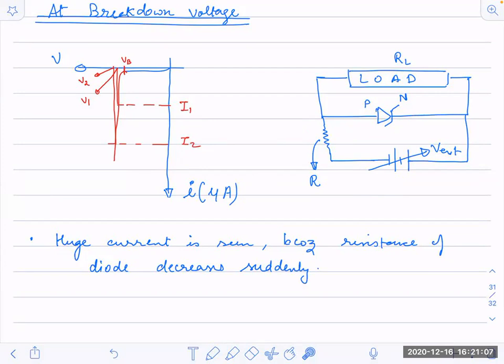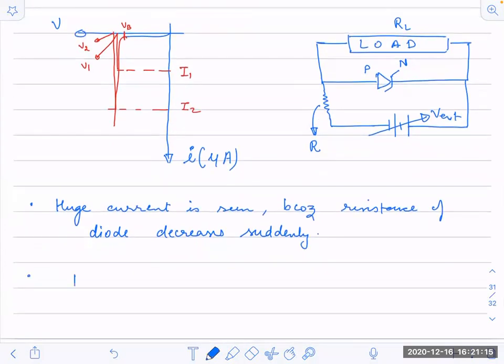This is having a very less amount of resistance. What will happen to the potential drop across the RL? Yes, potential drop across R would be what? VR is equal to I into R. R is a constant for external resistance. I in the circuit is very large. Are you getting this point? I value in the circuit is very large. So that means the potential difference across the R will also increase.